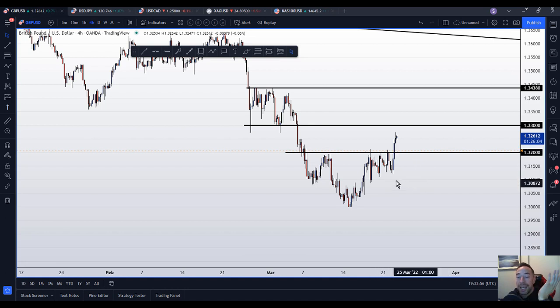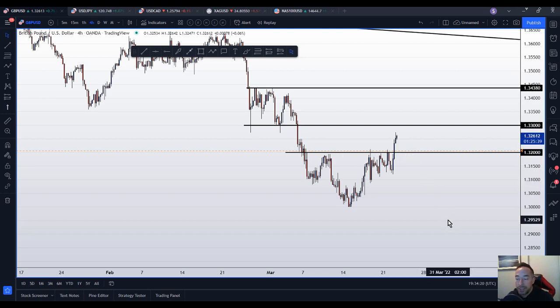Stops below, at least below this low or below this low. But for me, I'd be looking at price action if I'm honest with you. Okay, but it's looking good so far. Like I say, the inverse head and shoulders pattern is playing out as we predicted. We've broken the neckline, so let's see.